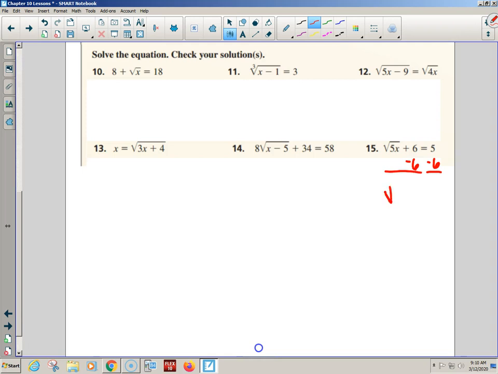-6. What do we do when we have a square root? One of the most important things in the entire chapter. Oh, there is a square root. What do we do? Yeah, raise it to the exponent or square it, whichever way, as long as you know how to do it. Wait, this is so illegal in algebra in so many ways. What do I need to do? Both sides, yeah? Okay, so the square cancels out the square root, and I end up with 5x equals +1. Oh, easy. So x equals